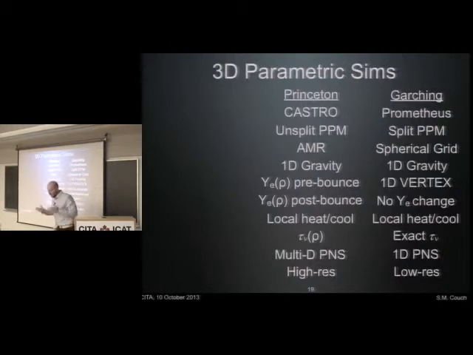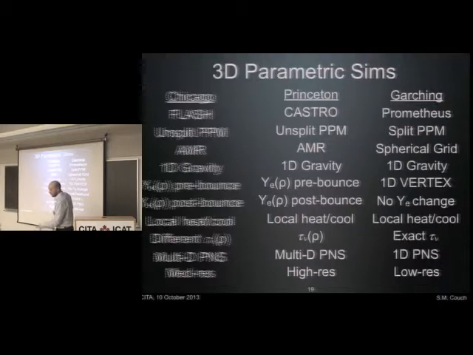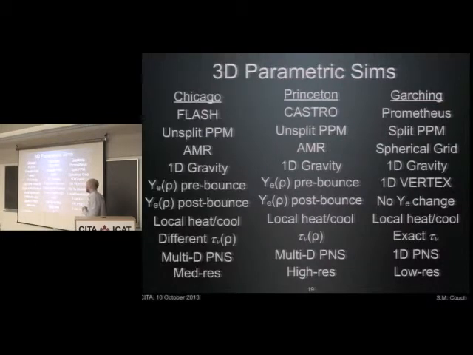So we had these two results on a very important question, and they disagreed. I thought a while back that this might be a nice place to start with Flash: address this question and try to do three-dimensional simulations as close as I could to the Princeton group, to try to repeat their result and see if 3D is more helpful. Of course I'm using a different code, but the fundamental hydrodynamics is much more similar between Castro, the Princeton code, and Flash.